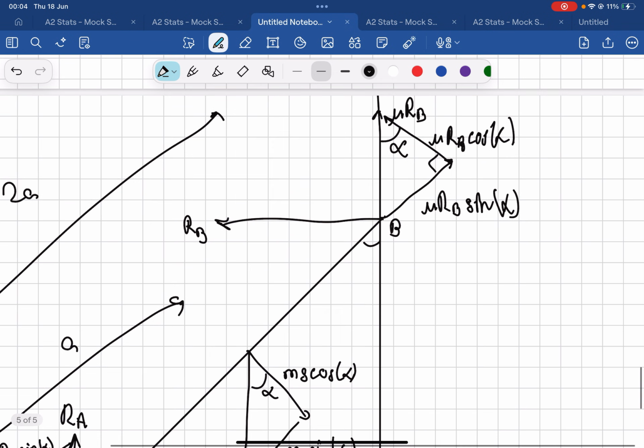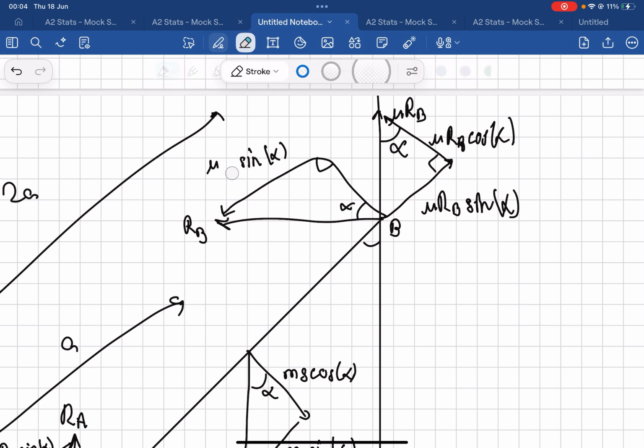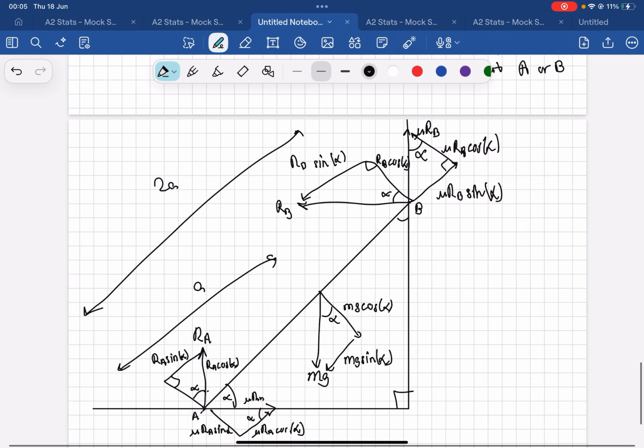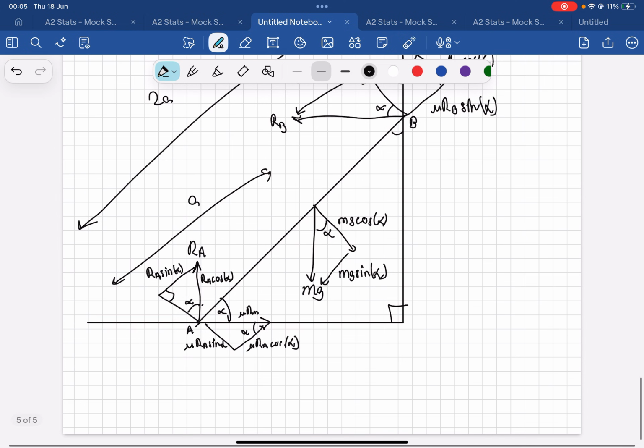Gosh, it's long. Finally, we've got the reaction. So we've got angle alpha there. So RB sine alpha, RB cos alpha. Perfect. Now, again, there's a few ways we can